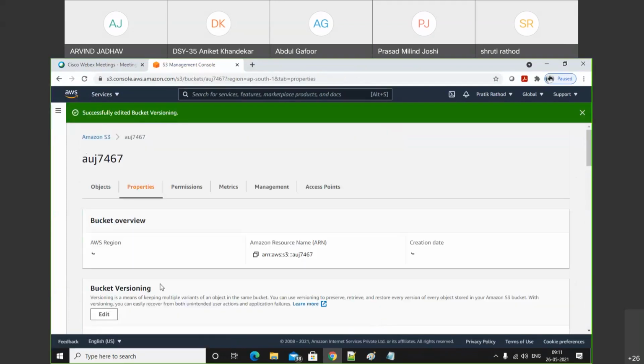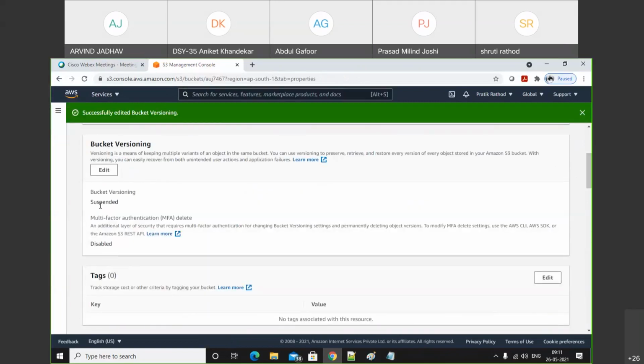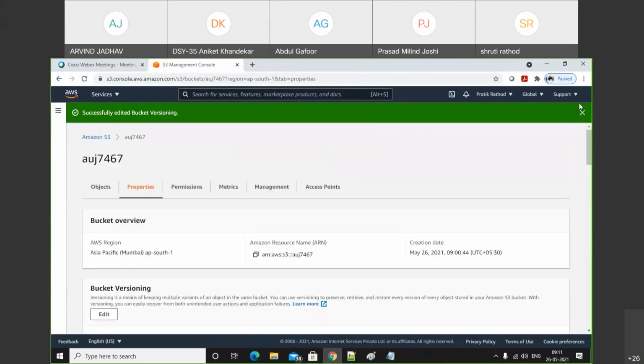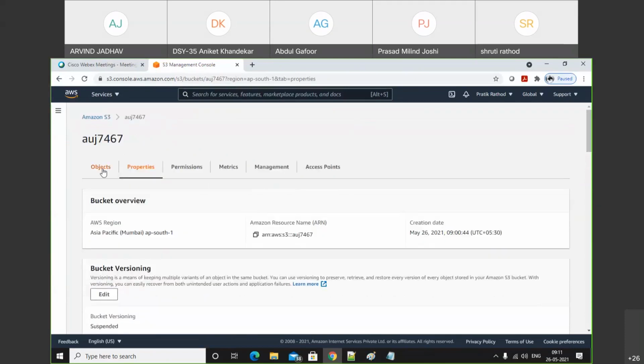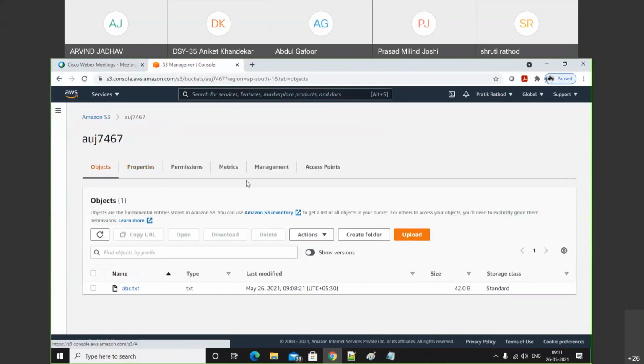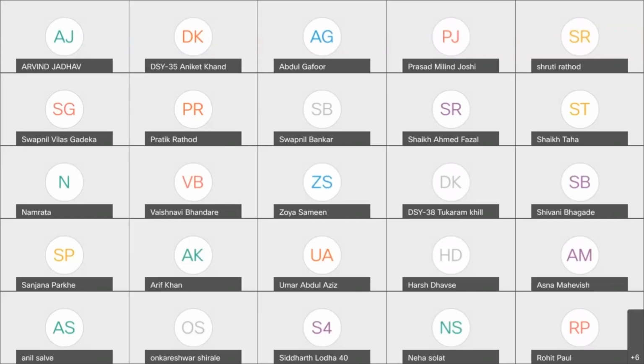Versioning is disabled. Now check out the property section. It is suspended. Versioning is suspended. Does anyone have a question regarding that?